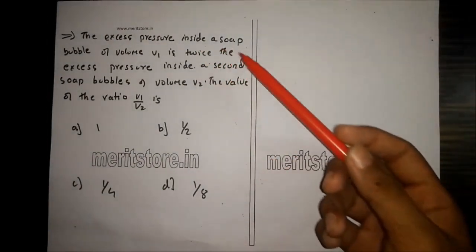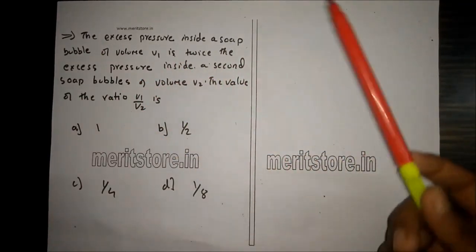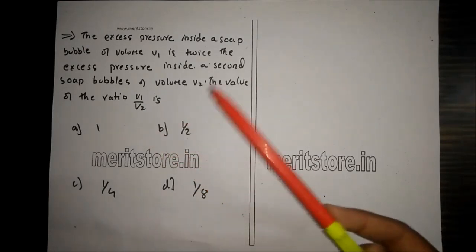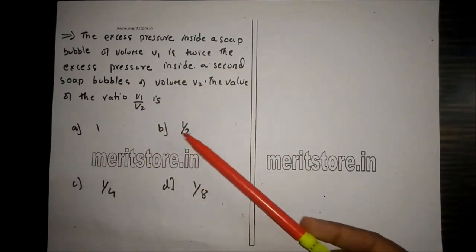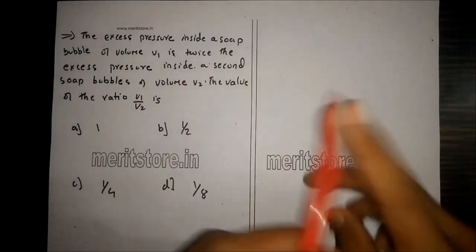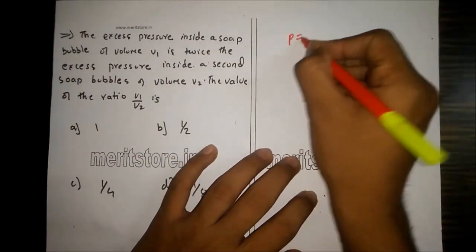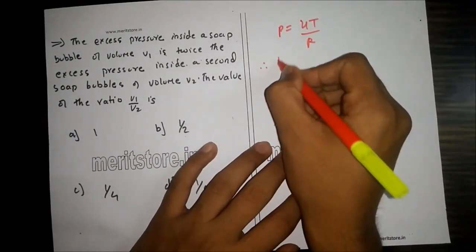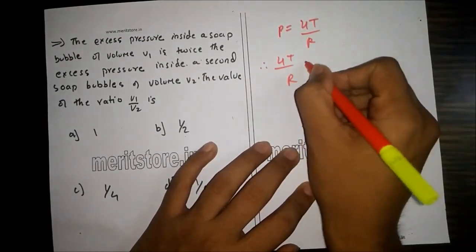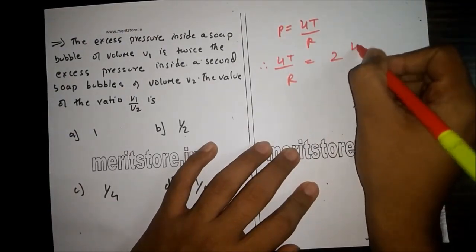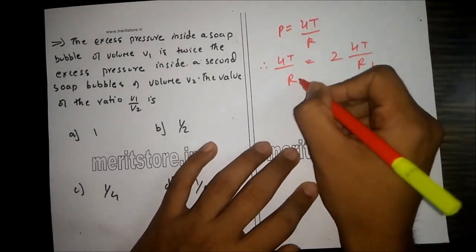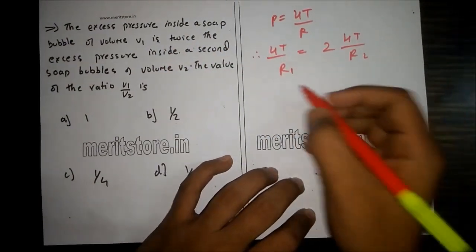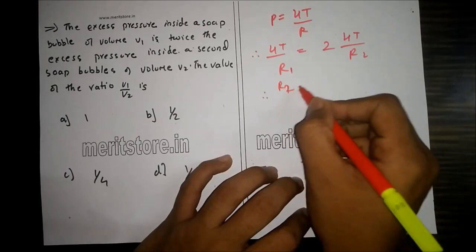The excessive pressure inside the soap bubble of volume V1 is twice the excessive pressure inside the second soap bubble of volume V2. The value of the ratio V1 upon V2 is either 1 half, 1 by 4 or 1 by 8. Now the excessive pressure P is given by 4T upon R. Therefore, 4T upon R1 is equal to twice into 4T upon R2. Since it is given that V1 has twice the excessive pressure of V2,